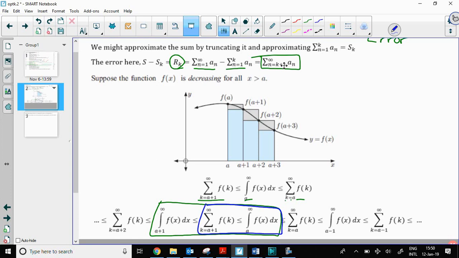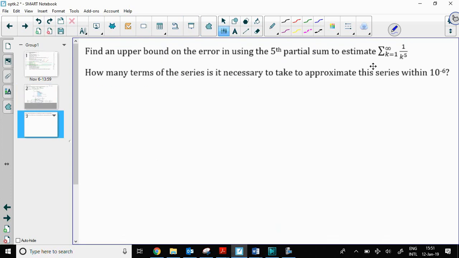That's going to match, and that's the most important thing here. But remember, it only works when we have a positive decreasing sequence. Okay, there's 2 questions here, both related to the same series. So first of all, find an upper bound on the error using the 5th partial sum to estimate this series